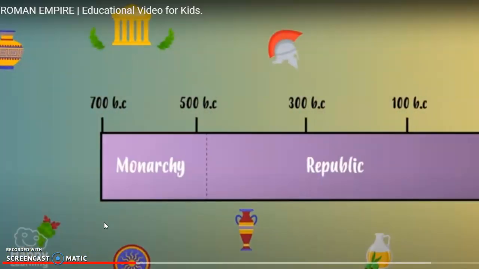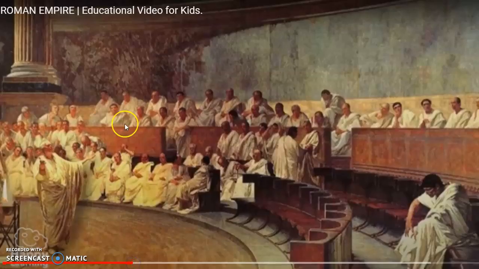Okay, so a republic is a group of politicians, just like you see here, a group of men who make decisions without having a greater person above them. They are the highest position. For example, imagine in Lebanon, we have ministers, right? And imagine that we don't have a president. There's no Michel Aoun, there's no president. So this is how it was back then. This is what we call a republic.